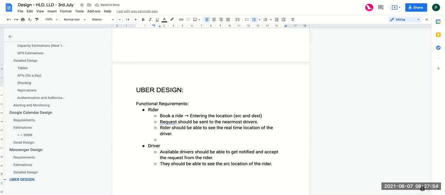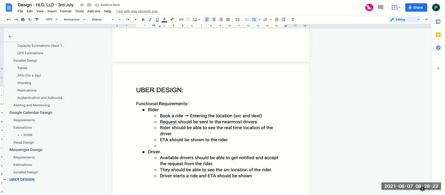Once the driver has reached, the driver should be able to start a ride. ETA should be shown here also to the rider.